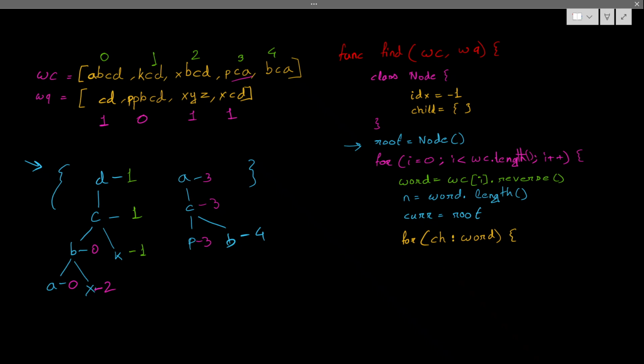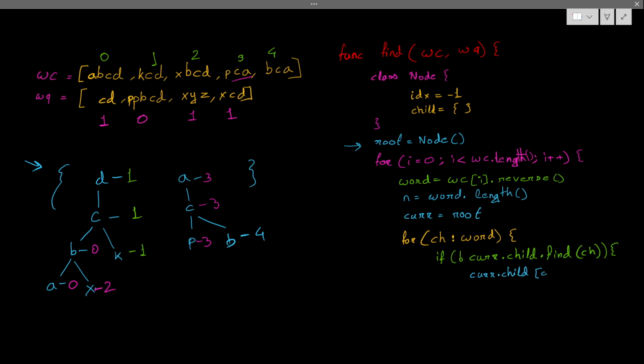This is nothing but my node. So each character I am checking, whether the character is present or not. If not, what is the thing? Current dot child dot finding my current character. If it is not present, that means this kind of sequence or this letter has not appeared earlier. So I simply create the thing. So I'll simply create current dot child